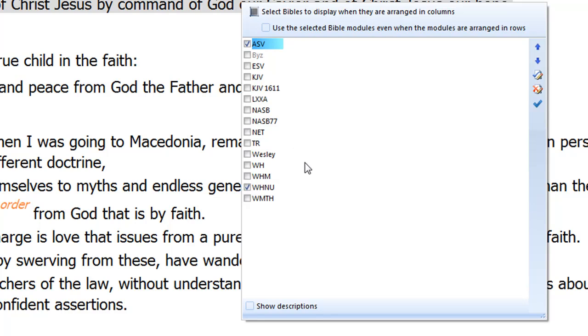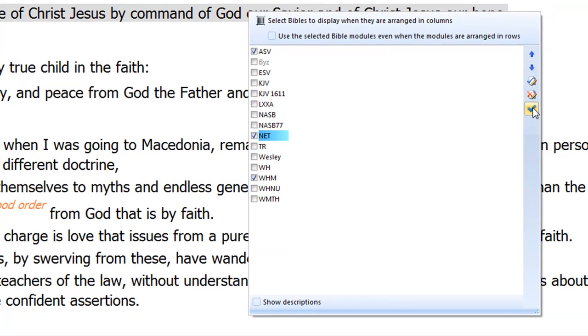When I get to here, I will check the different versions that I want to appear next to each other. So since I want my Hebrew text to appear on the right, I'm going to deselect the Westcott and Hort version there, which is a Greek New Testament, and click the Westminster Hebrew Morphology and the ASV. And let's say you want to get a little more free translation in there as well. You can click the New English Translation or the NET, hit the check mark over here on the right side,